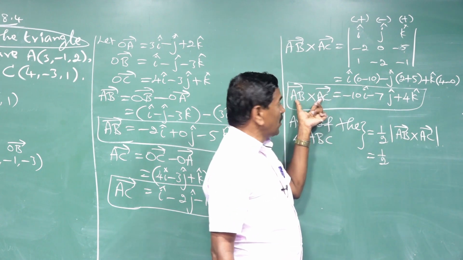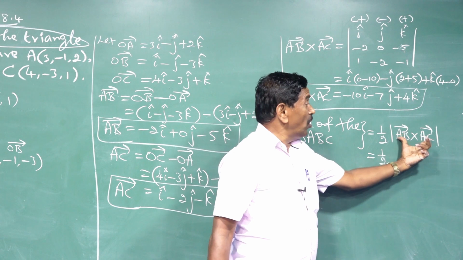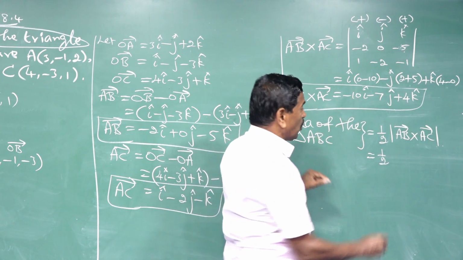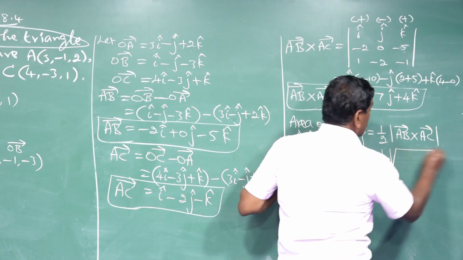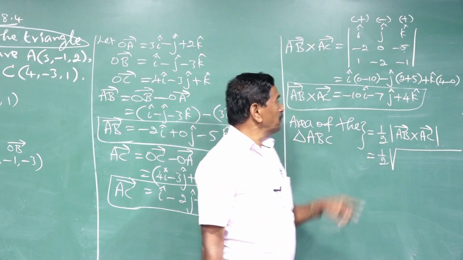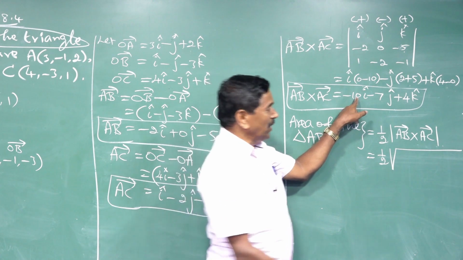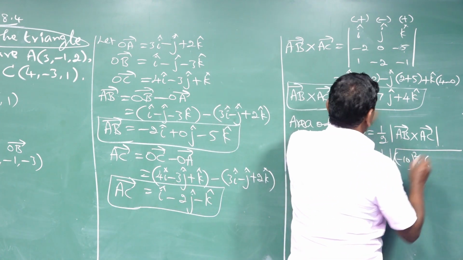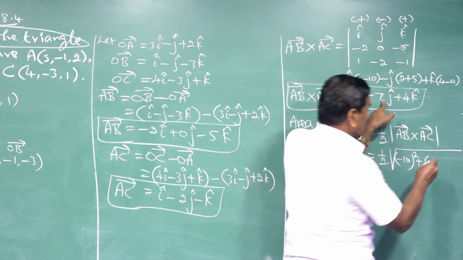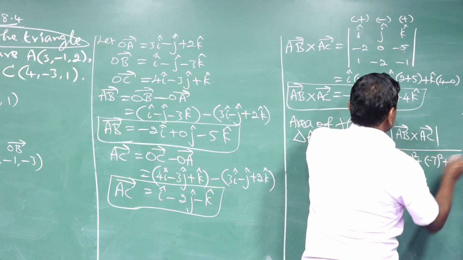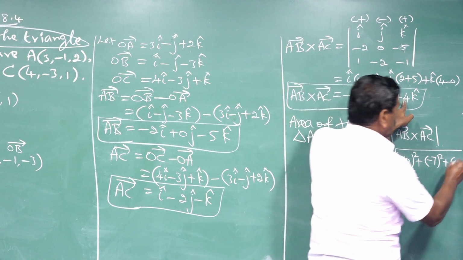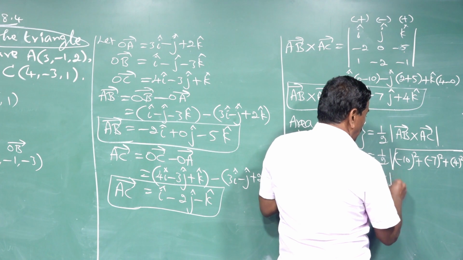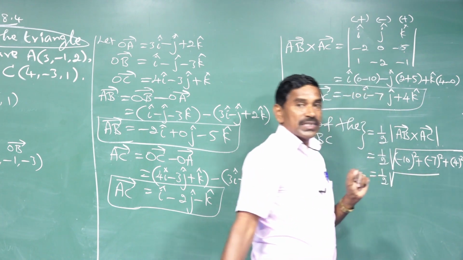AB vector cross AC vector is already known. And modulus means magnitude. Magnitude means the square root of the sum of the squares of the algebraic coefficients. Here, square root of (minus 10) whole square plus (minus 7) whole square plus 4 whole square, which is equal to half into square root of